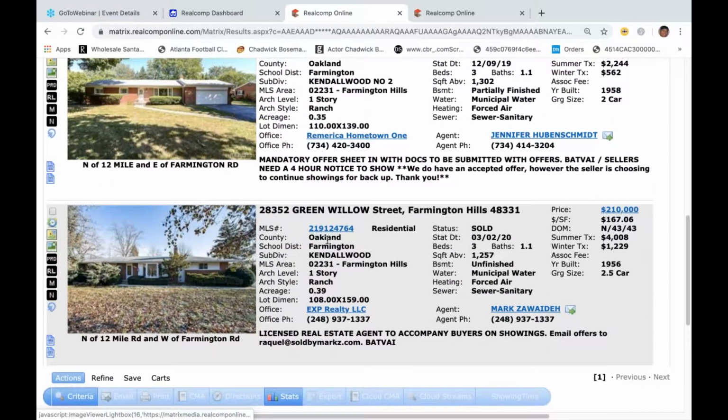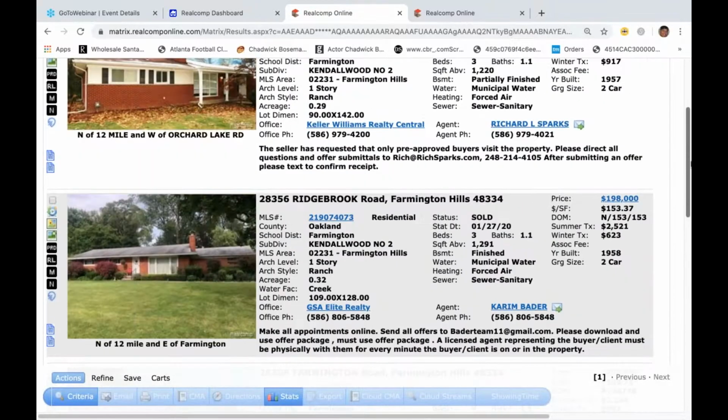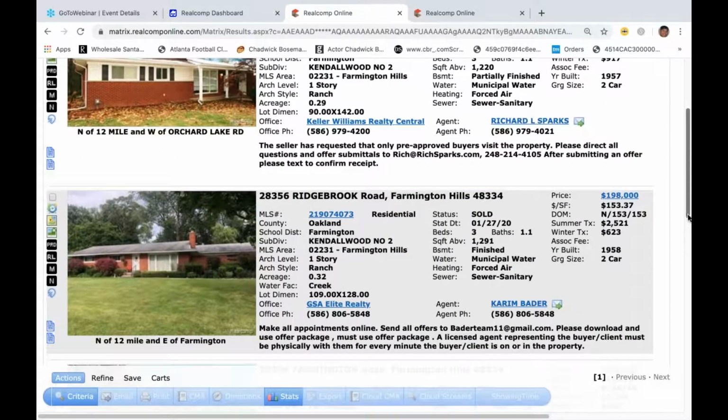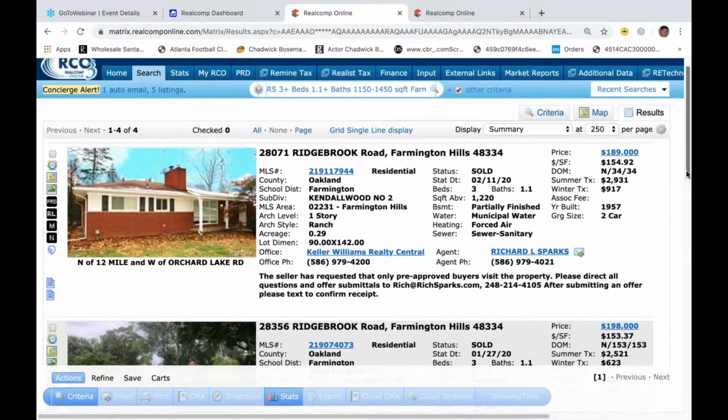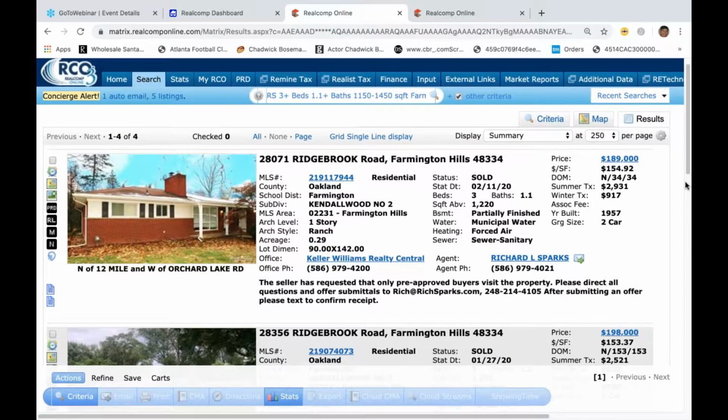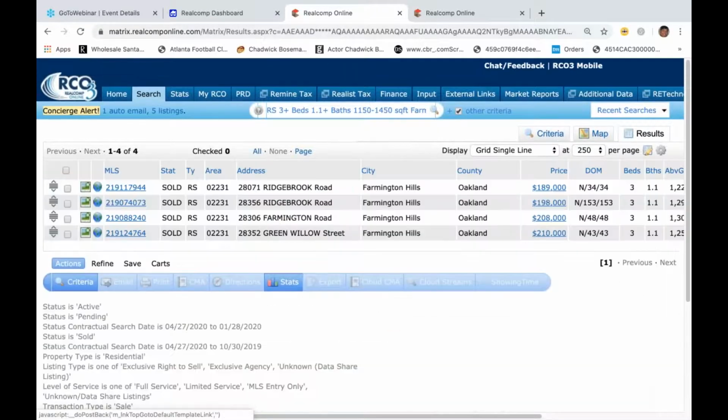Look at this. Here we are on Green Willow. It sold for $210,000, and that's the highest, I believe. And we've got one for $198,000 and $189,000. So yeah, it kind of speaks for itself. In this case, even though it looks like each property that's sold is about $10,000 apart, I think